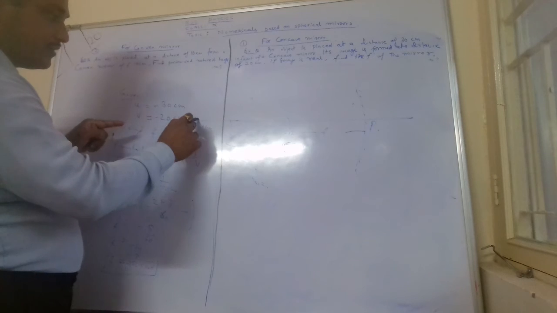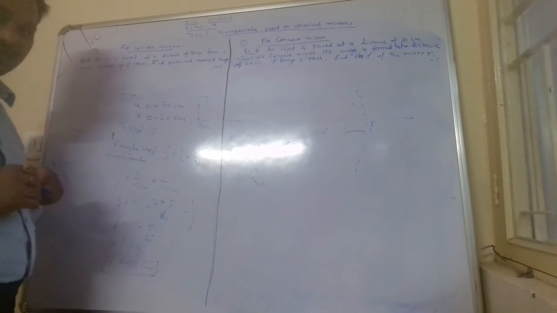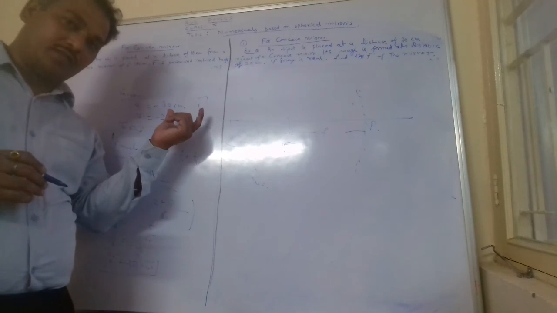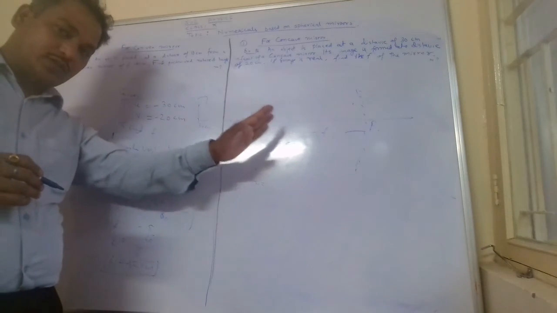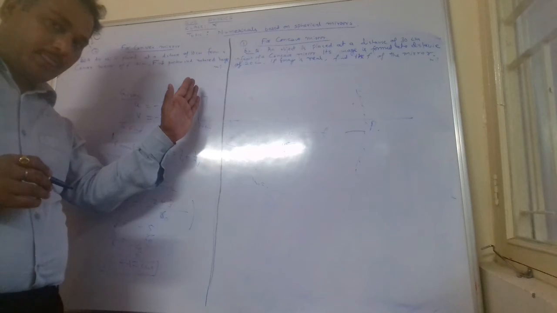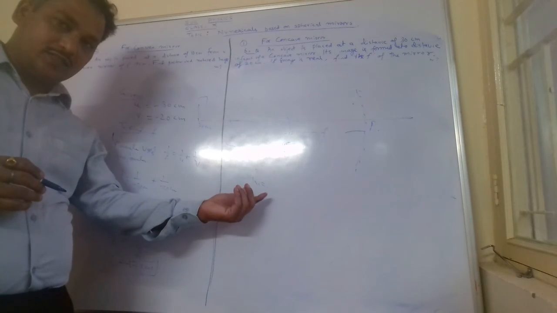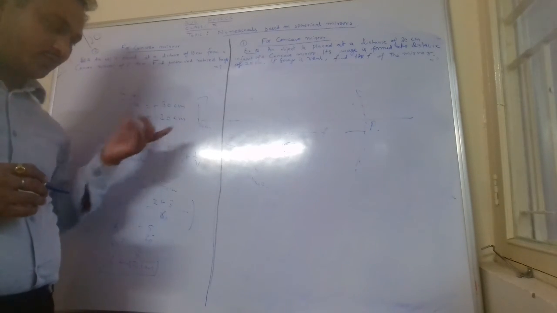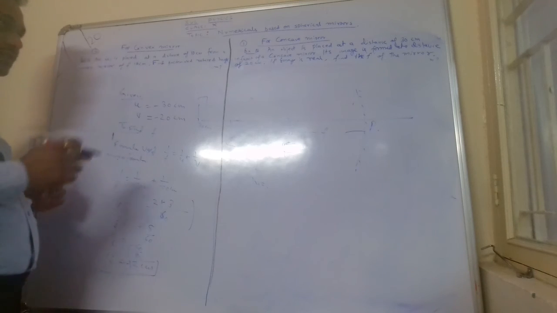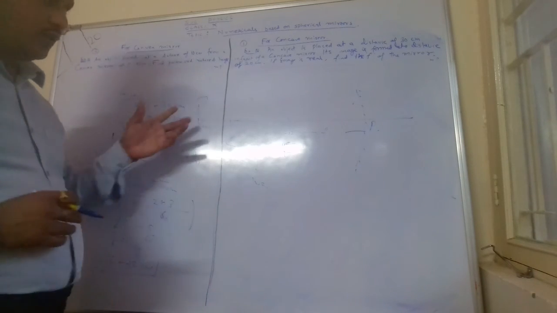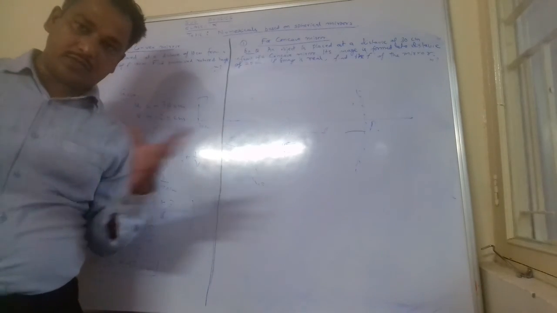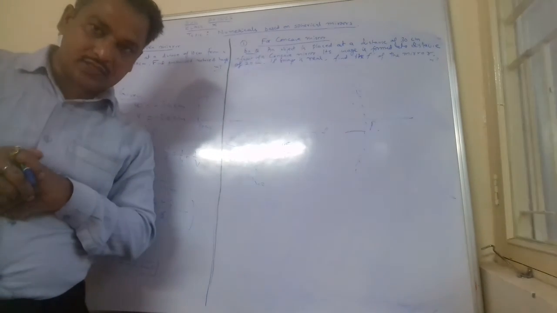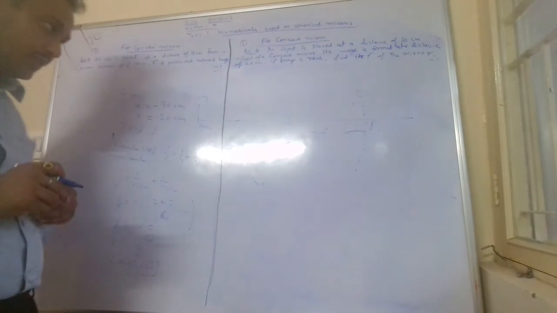Here is somewhere the image, and the object was at 30 centimeter. At 30 centimeter, this is the object here. So you can recall, when the object was placed at infinity and gradually moves towards the focus, and it is beyond C, the image was formed between C and F. Okay, the same you can recall here and understand the equation. Here, if it is also asked, for example, to find the magnification, how many times the size is increased or decreased, we can do that also.